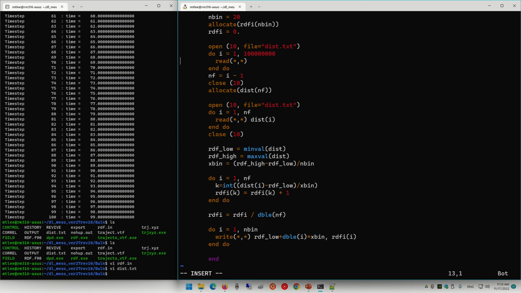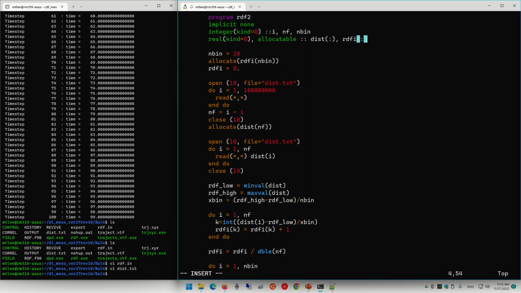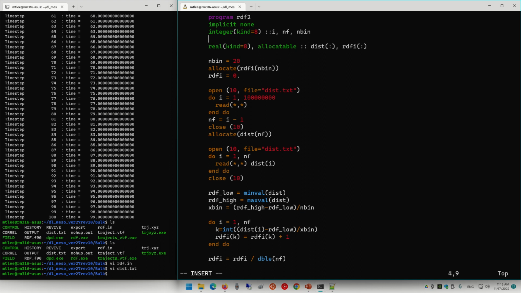Can I declare everything we have here? So many. And being RDFI declare already. Some file NF already. This already. RDF low, RDFI, all right.